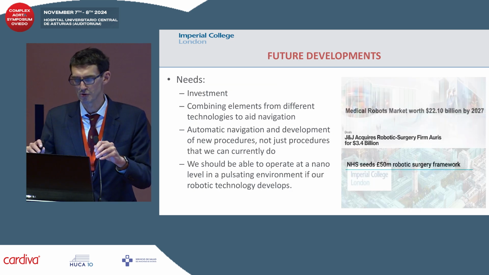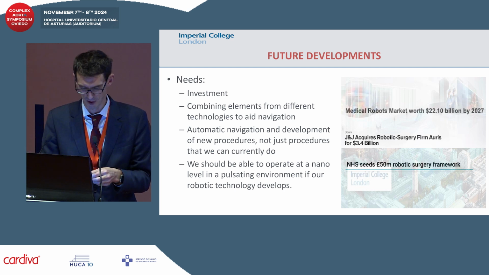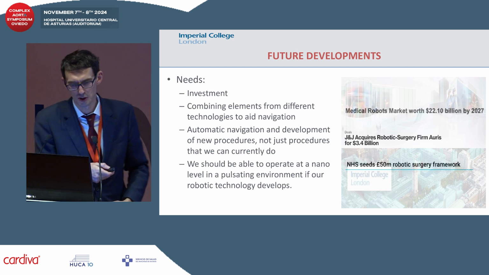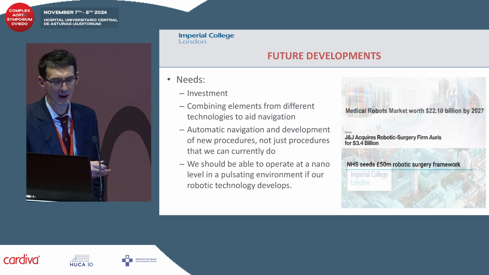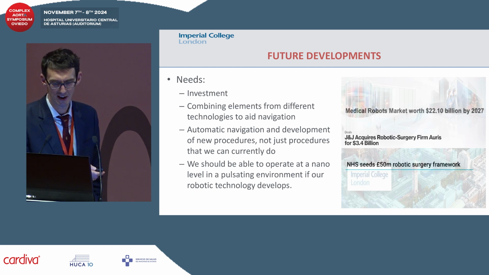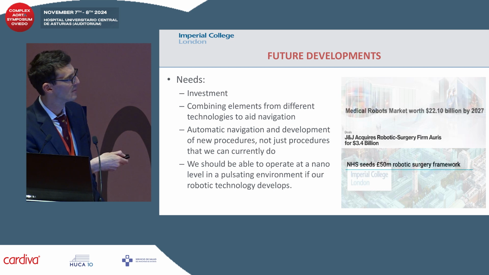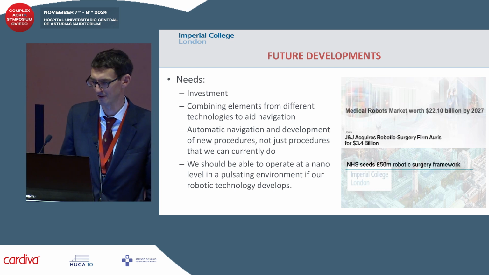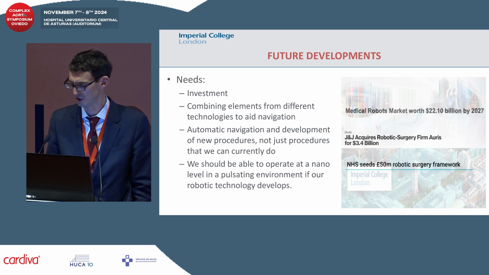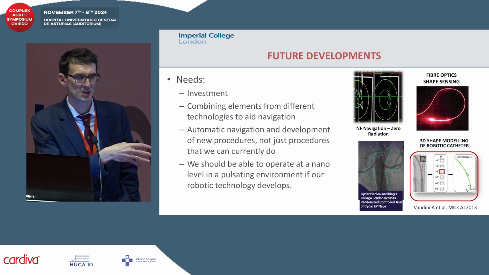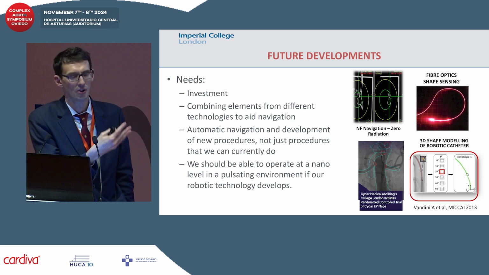So in the future, if we're going to realize the rest of the potential of robotics, there are a few things I think that we need. The first is investment, and the good news is that actually there is a huge amount of investment in robotics, both in medicine and in endovascular. You can see some very big numbers of 22 billion and more, and even the NHS is paying for robotic surgery frameworks, which is a novelty. We need to be combining the expertise and knowledge in robotics